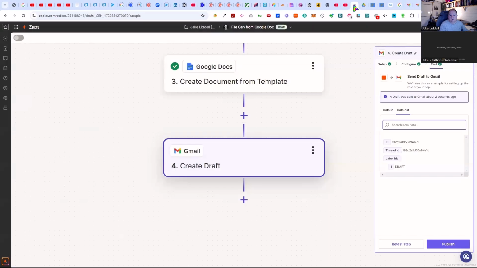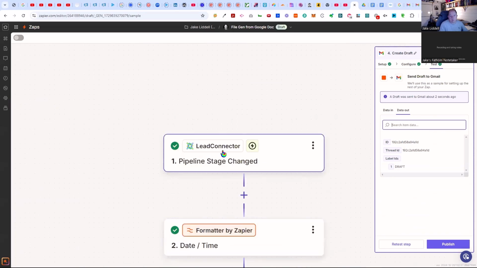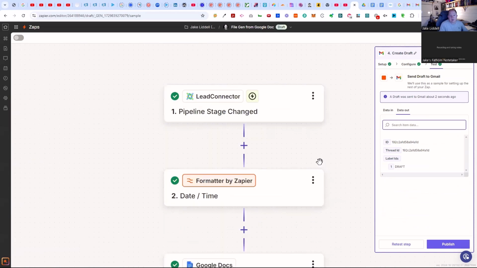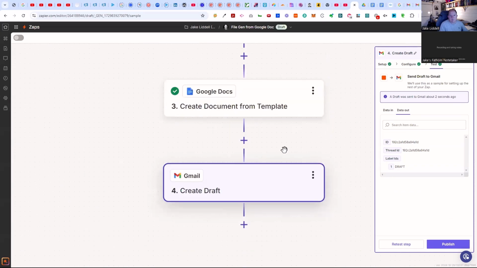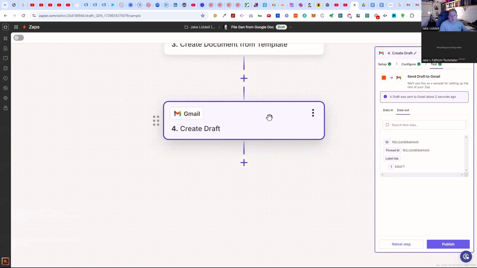So that essentially is the Zap. So to recap, we've got a trigger, which is that the stage changes in the CRM. We grab today's date. We then create the document from the template that you've created, that you've stored in My Documents in the root folder. And then once you've created the document, you attach the PDF version of it to an email and you create it as a draft. So if we now publish this,